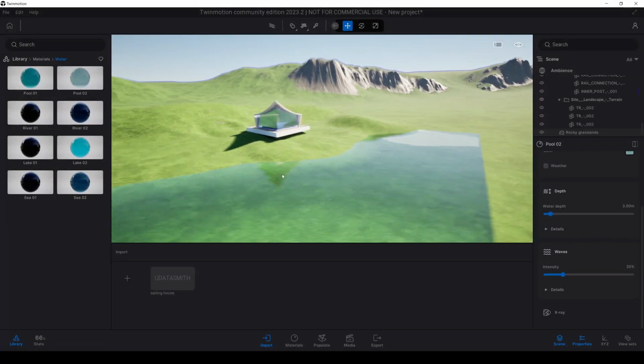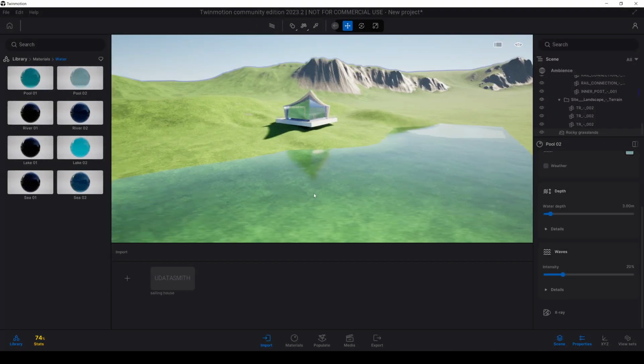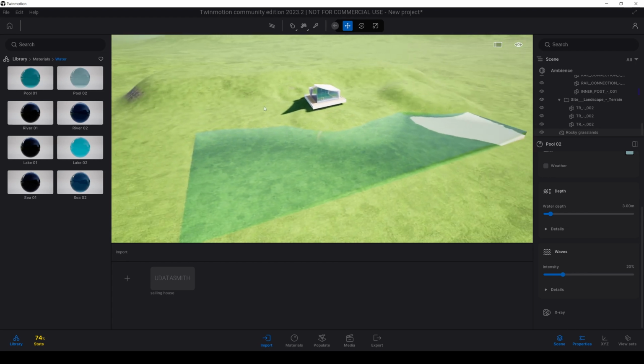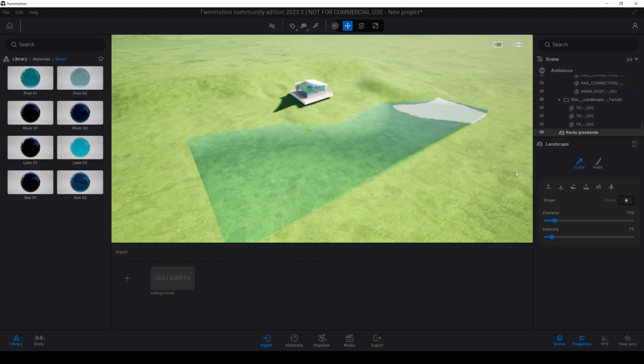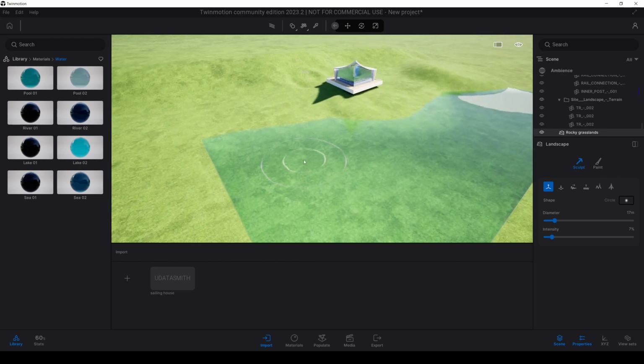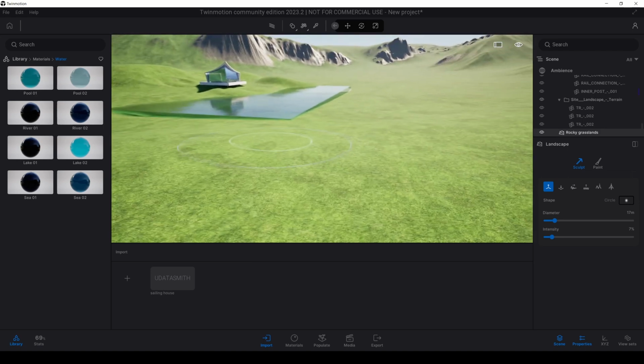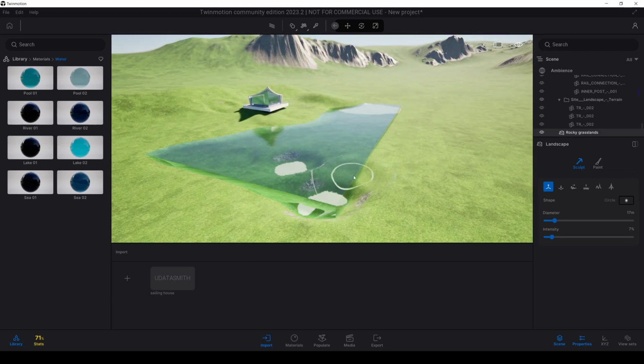I wonder. It's not working in the path tracing, but it's working in the Lumen. Anyway, let's again click our landscape and hit the shift. And we must see our bottom of the sea.